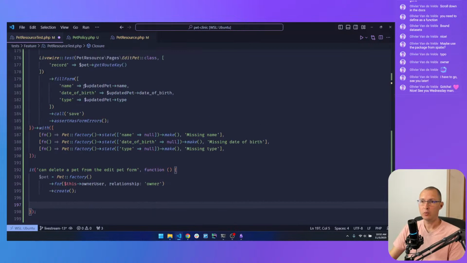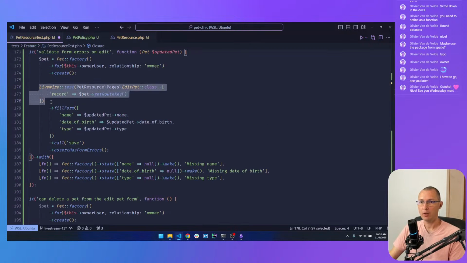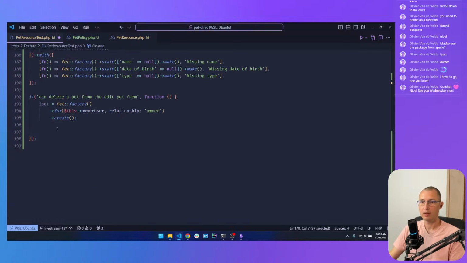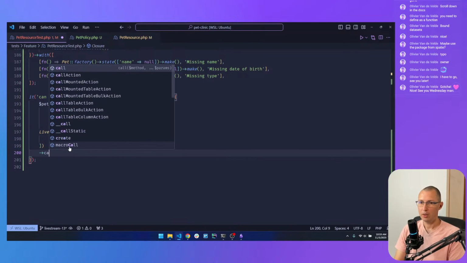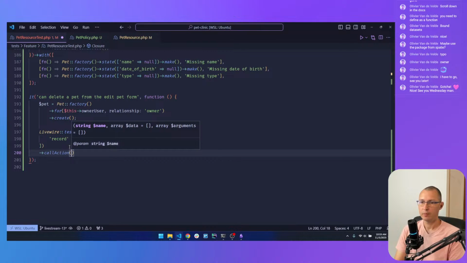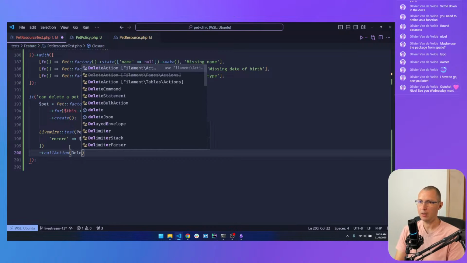Now we need to mount the Livewire component. So we are going to mount the edit pet as the record of that pet, and we need to call action. This is going to be the delete action. Now, which delete action are we going to use?